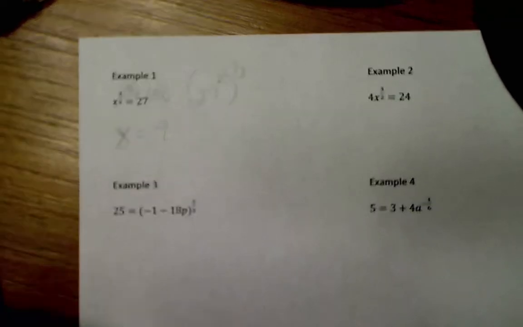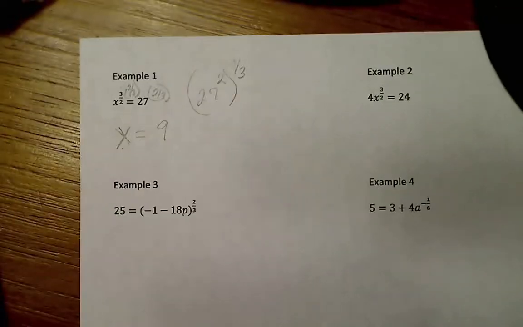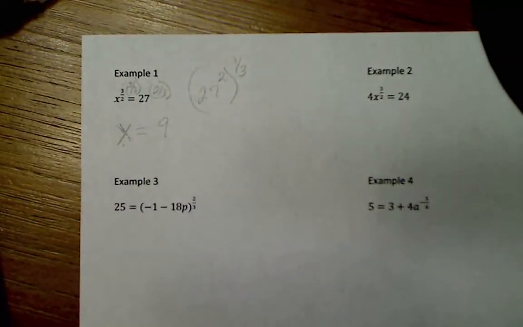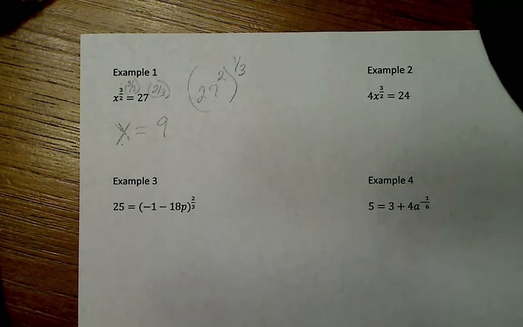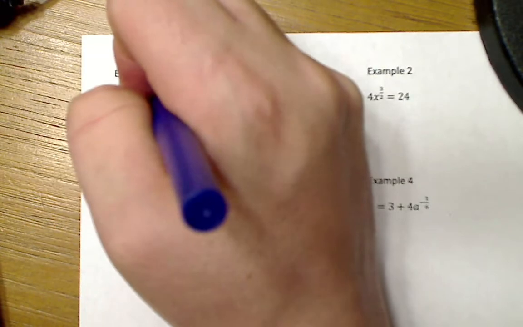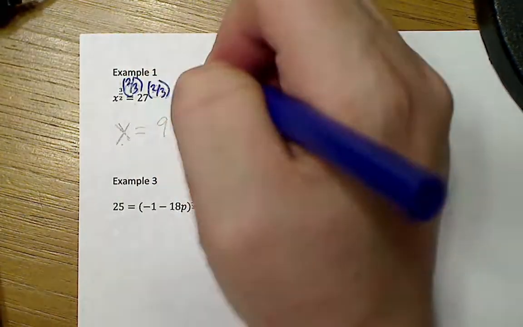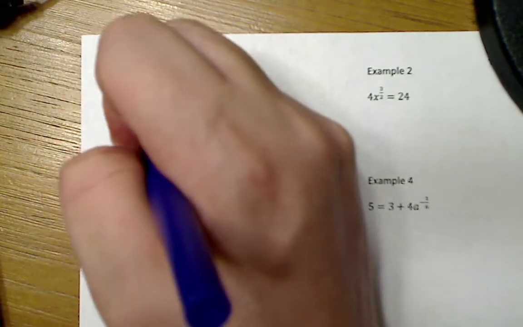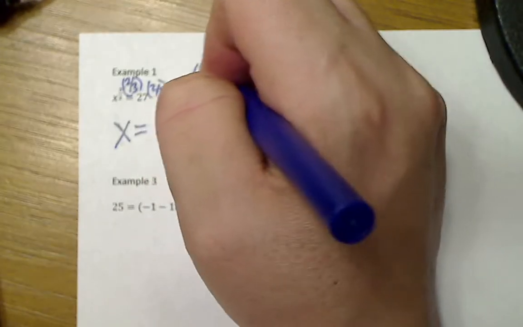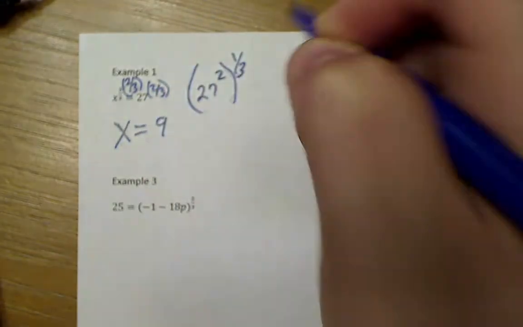That's not coming out very well either. Let me get a darker pen. Okay, so let me write this out a little bit better. 2/3, so that x is equal to 9. Okay, and again, what you're really doing is you're doing 27 squared to the 1/3 power, which is the cube